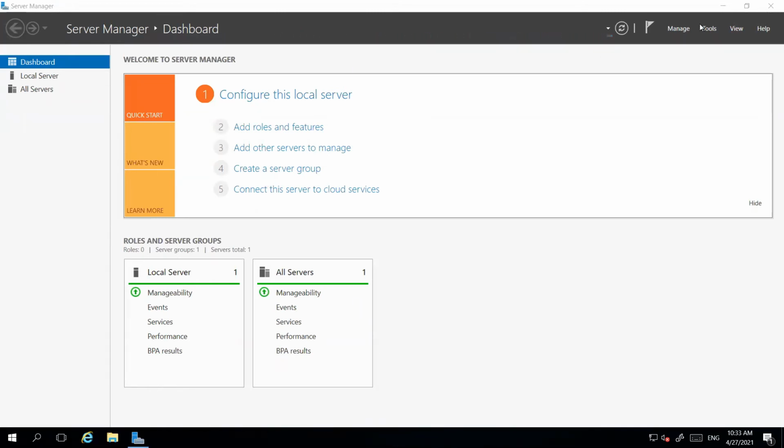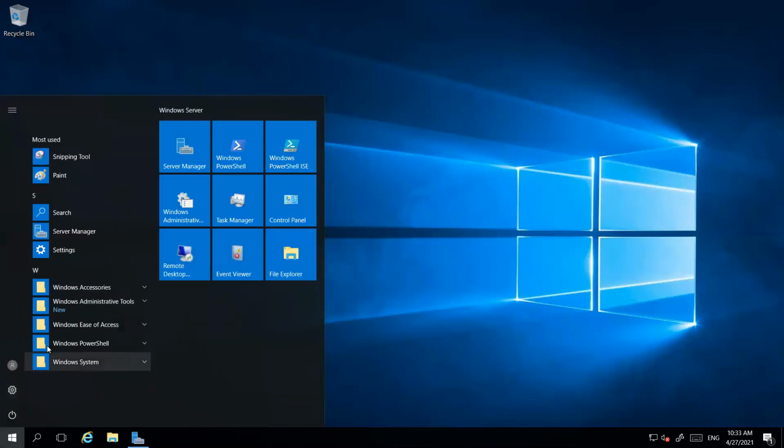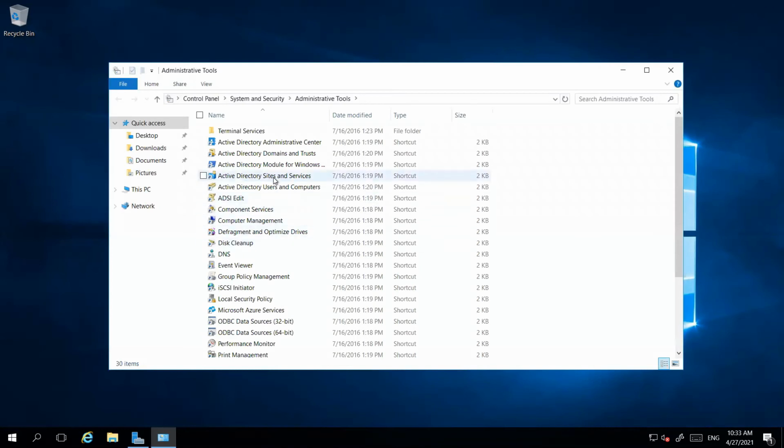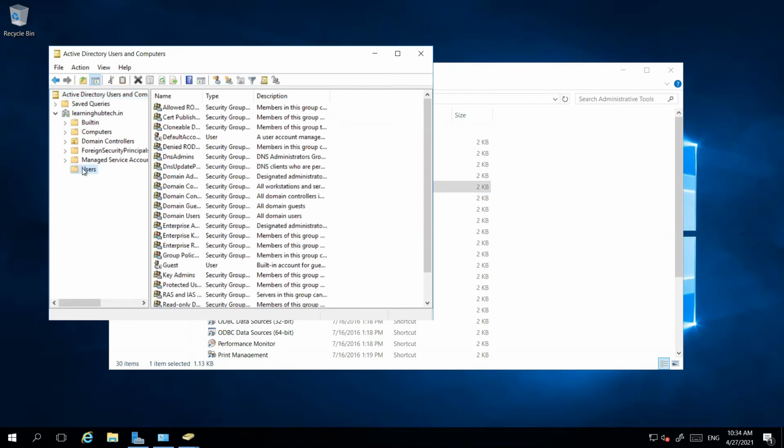Okay, so now come here and go to administrative tools. Here you can see Active Directory Users and Computers. So this is like my on-premises Active Directory, learninghubtech.in. So let me do one thing.